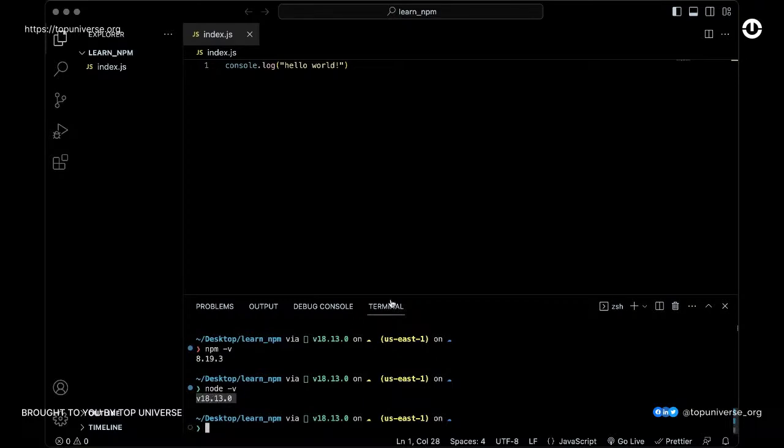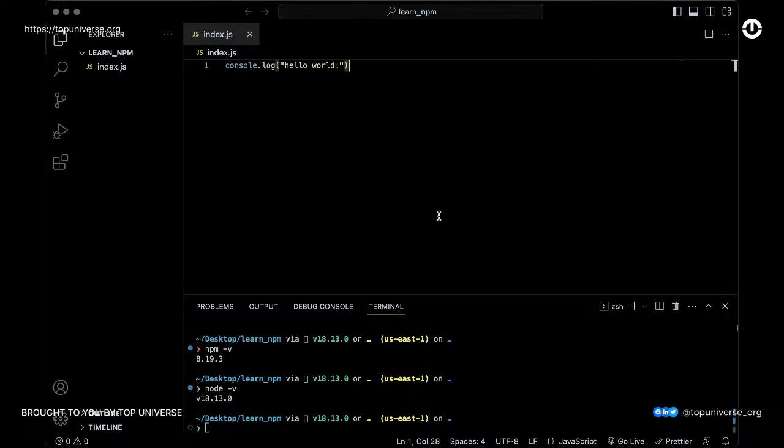If you downloaded it on a Windows machine from the website and installed the LTS release, you can always run this command in your terminal, whether you're using Command Prompt, PowerShell, or Linux. You can, of course, also use the same command from your terminal. So as long as you have Node and npm installed, the next thing you want to do